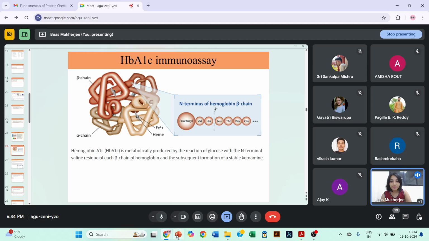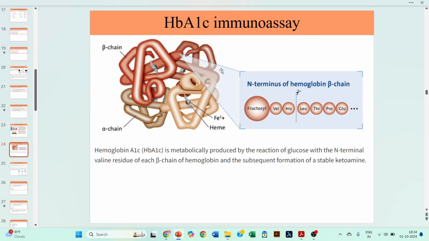So see what is happening in this HbA1c immunoassay. Here, this glucose is interacting with the N-terminal valine residue of the beta chains in hemoglobin. This is a non-enzymatic reaction, and with this valine residue,